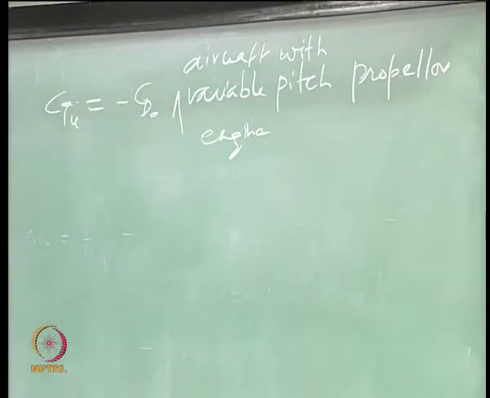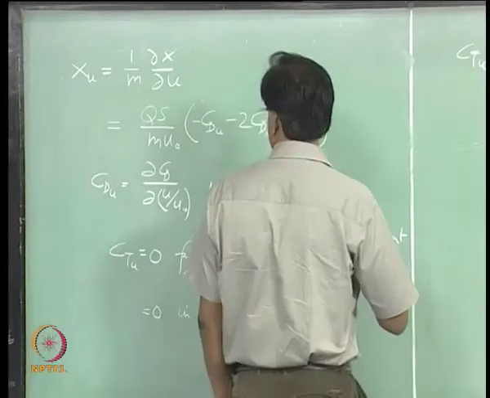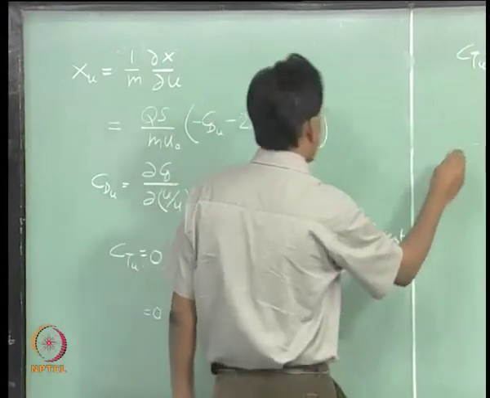That is again an estimate, okay. It is only an estimate. If you want to get an accurate measurement, then you have to do a wind tunnel testing. Okay. So, in this case Xu becomes